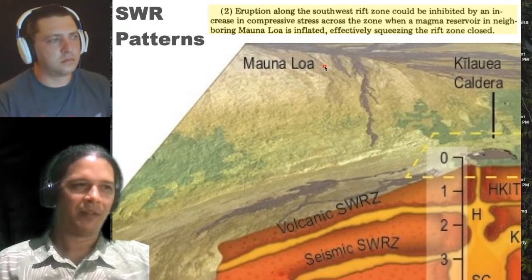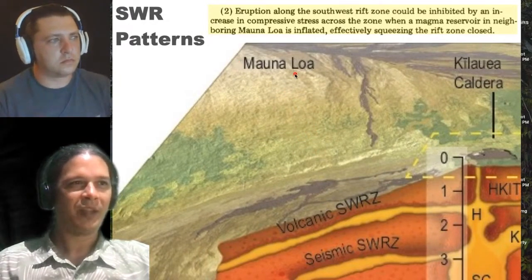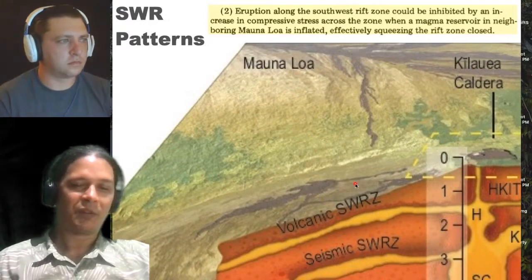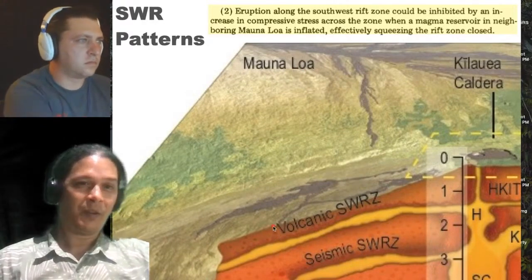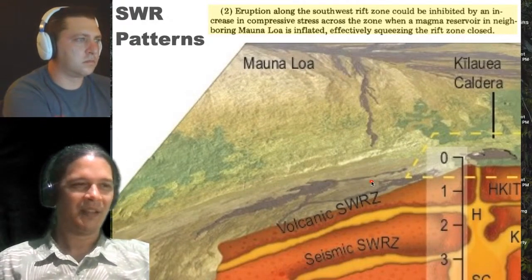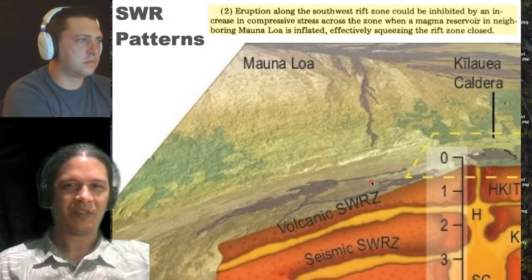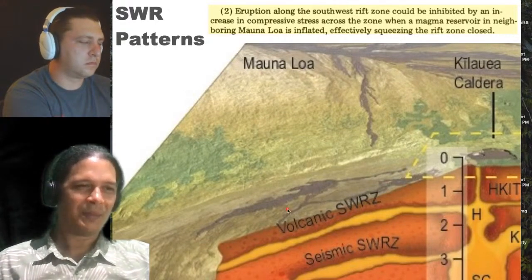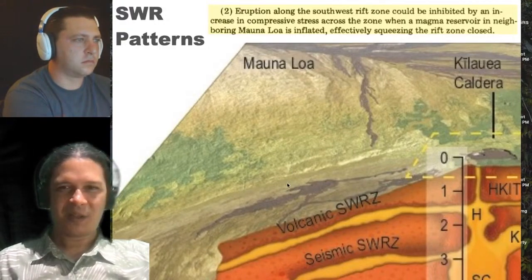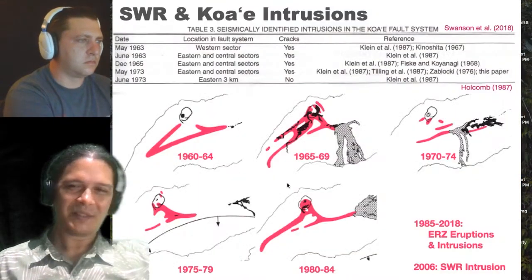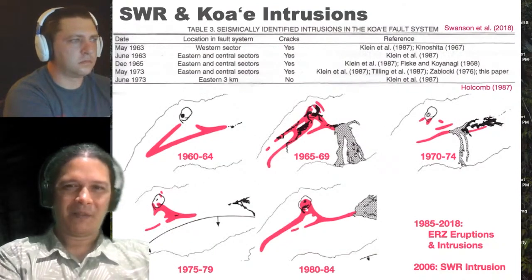So that's another interesting dynamic: Mauna Loa is inflating, so a southwest rift zone eruption is less likely. And perhaps when it's not inflating, you're slightly more likely. We'll see, and that's another interesting thing to keep track of as these volcanoes possibly relate to and affect each other. And we'll watch those patterns as we progress through these next phases of eruptive history here on